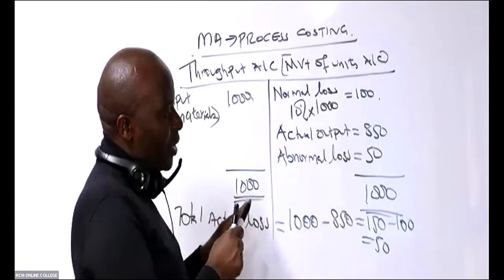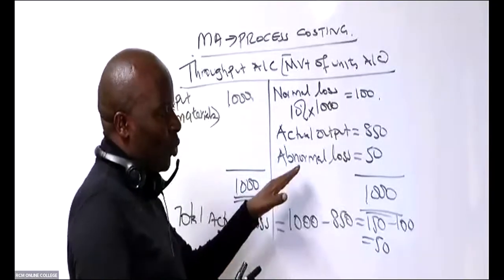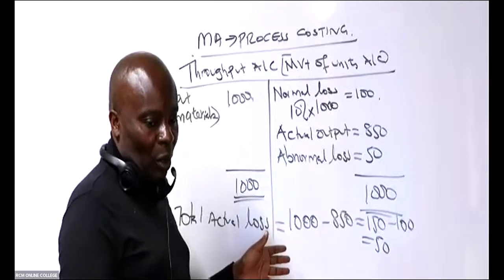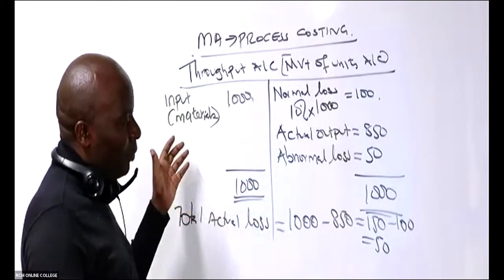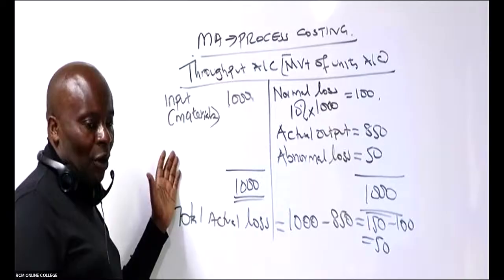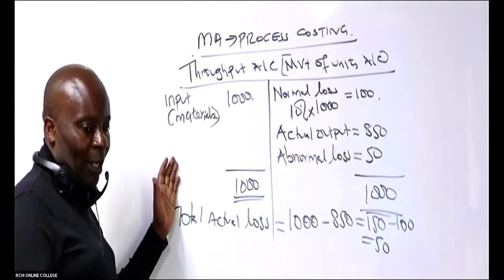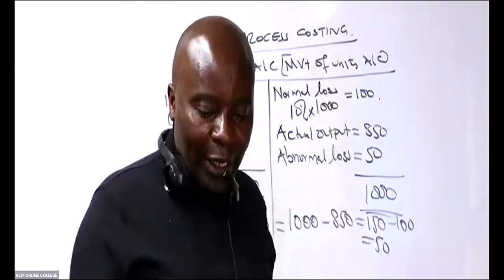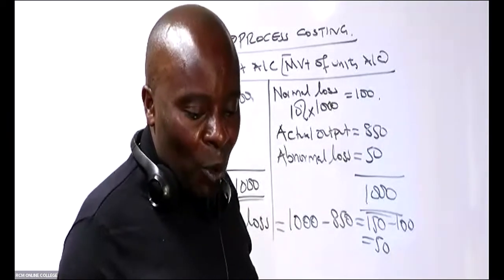So you can see there, the balancing figure is on the credit side. If the balancing figure is on the credit side, then that will be an abnormal loss. If the balancing figure was to come on the debit side, it will be an abnormal gain. So please master this. After this, you shall be able to go ahead and give us the process